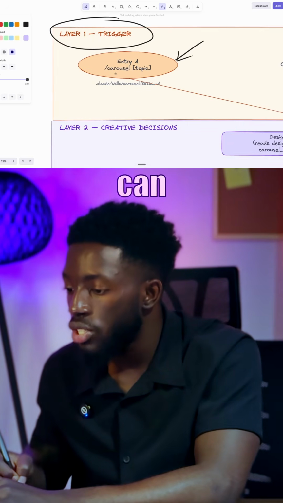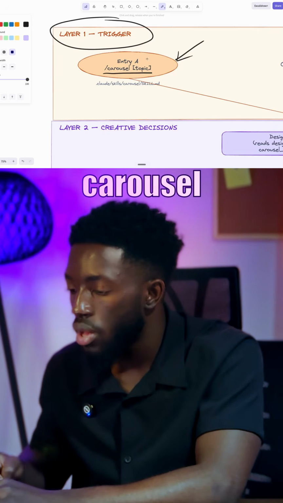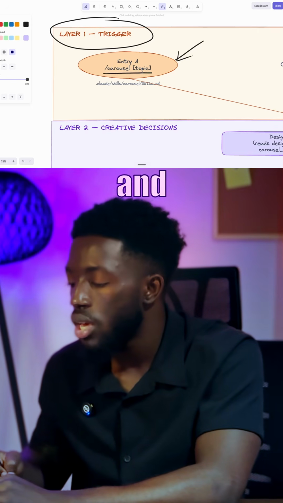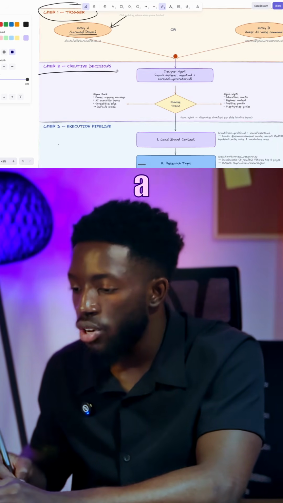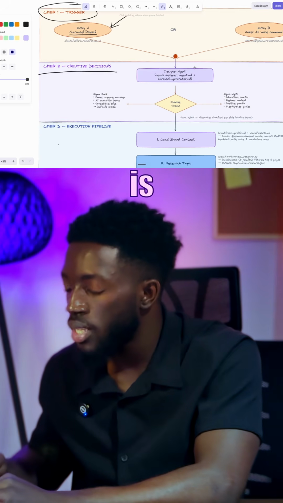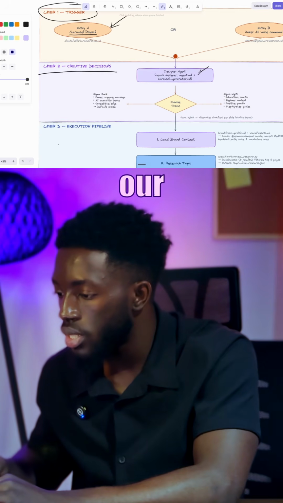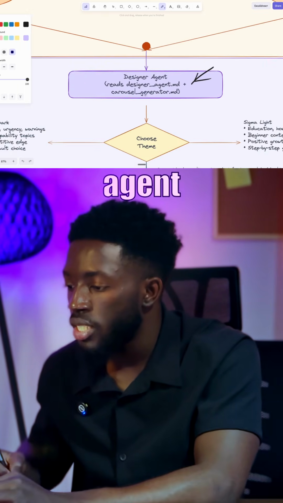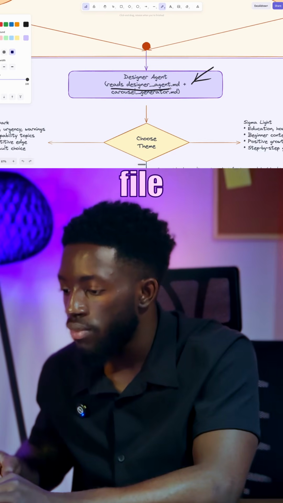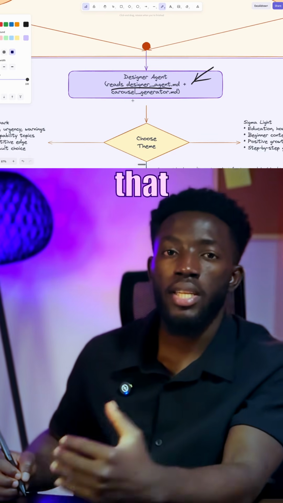In this case, you can just give a /carousel plus your topic and you're good to go. Then we have a creative layer where that command is going to be passed down to our designer agent. Our designer agent is going to read its markdown file where it will figure out that it has to create